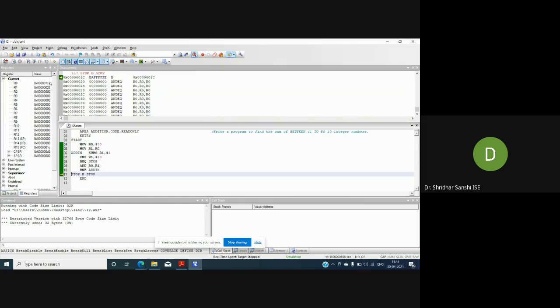Yeah, so this is the result, hexa 1C7. Check for the result, verify. Yeah, Harshita, if you are getting an error, you can share your screen.